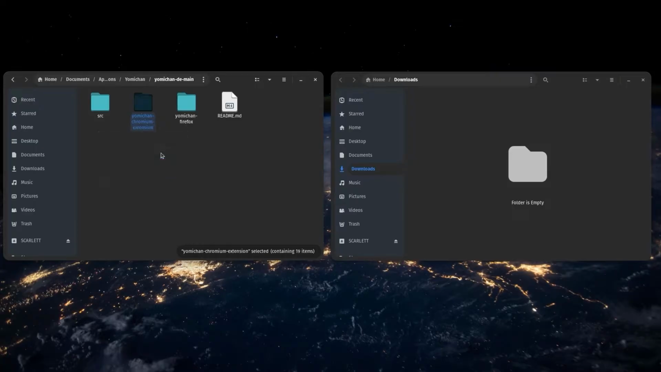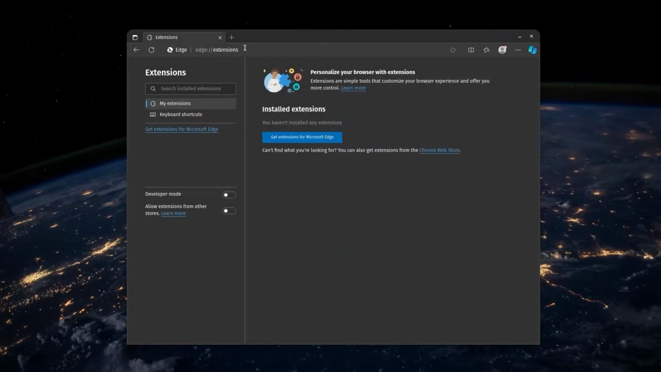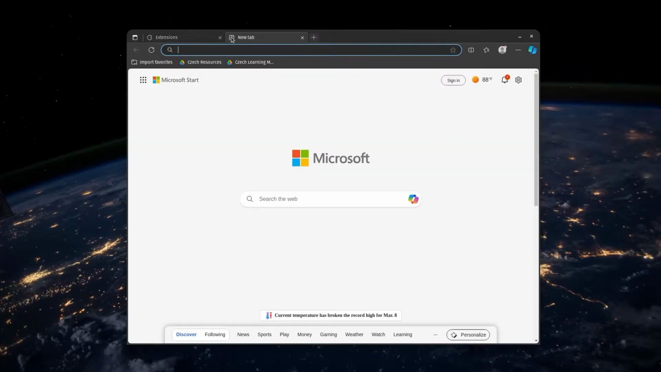Now, open a Chromium-based web browser. Google Chrome, Chromium, Edge, Brave, basically everything will work except for Firefox. If you don't know if you have a Chromium browser, then you probably do. Go to the URL